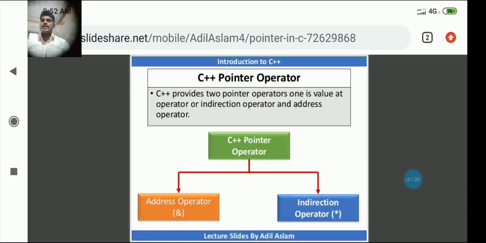So C++ provides two pointer operators: the value at operator or indirection operator, and the address operator. You will see the difference between the address operator and the indirection operator.